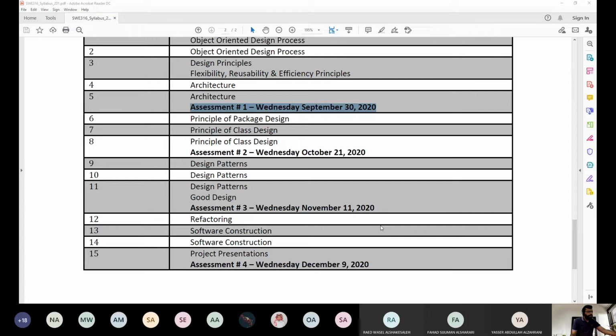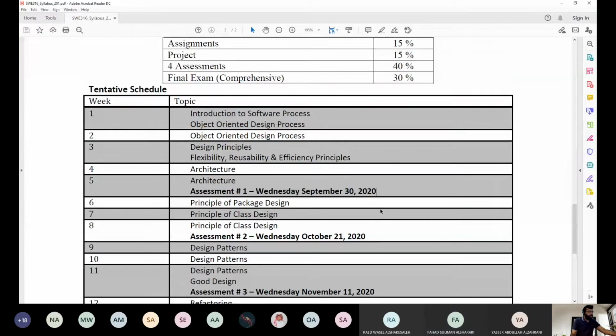Any other question, guys? Yes, Doctor. Go ahead, please. What is the project for the semester? Is it a coding project, design project, or what is it? Okay. Now, for the project,